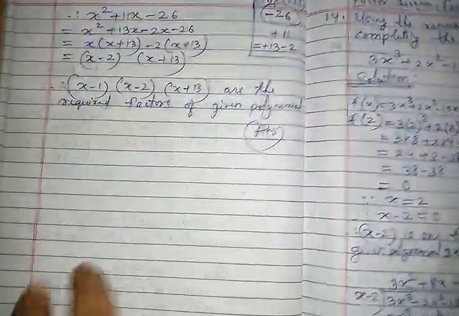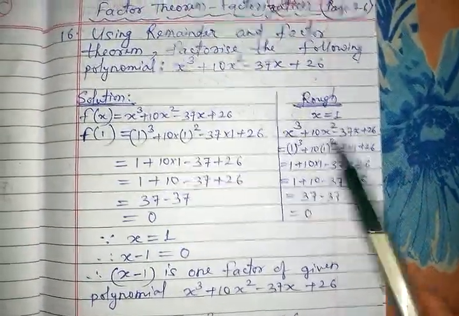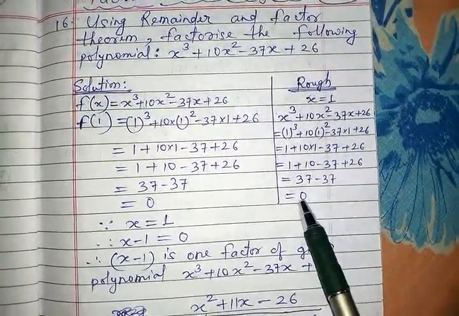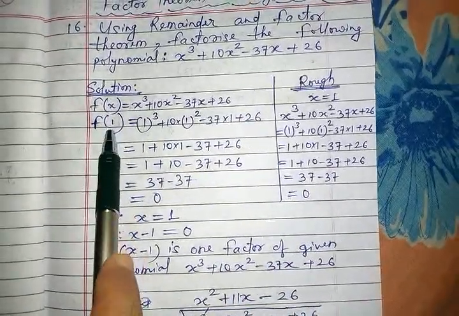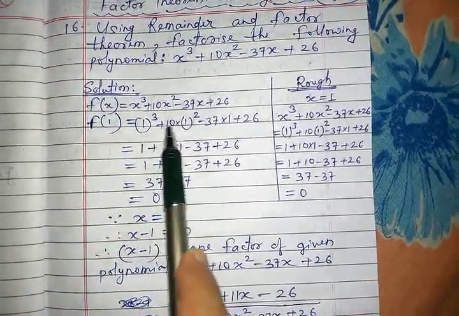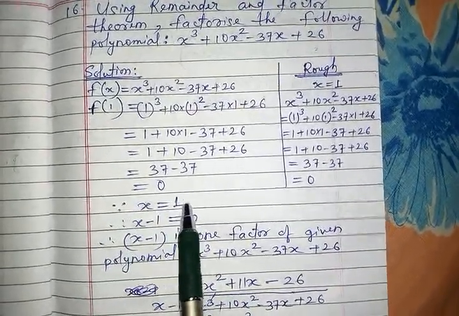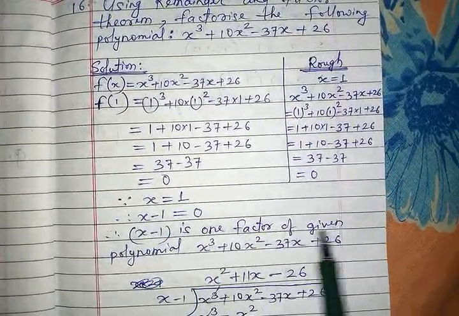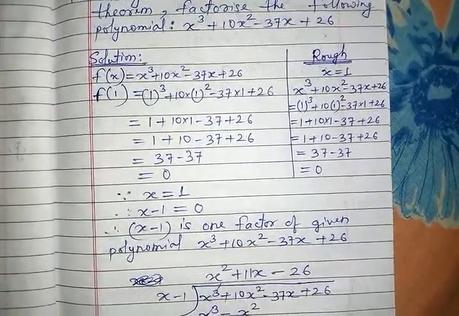Now children, one more question, in a very short way I will say. Same thing, you have to factorize this. So I did rough work. Here the good news was that in the first attempt itself, putting x equal to 1, I got 0. So same work here, I wrote f(x) equal to the same expression, and in place of x I wrote 1, and all the places of x were occupied by 1. I got 0 and I wrote x equal to 1. Then 1 comes to this side, x minus 1 equal to 0. So x minus 1 is one factor of the given polynomial. So x minus 1 is the first factor. Now I need to find two more.